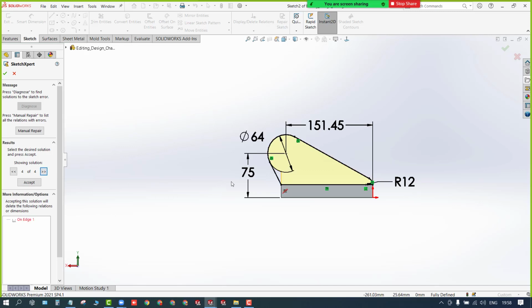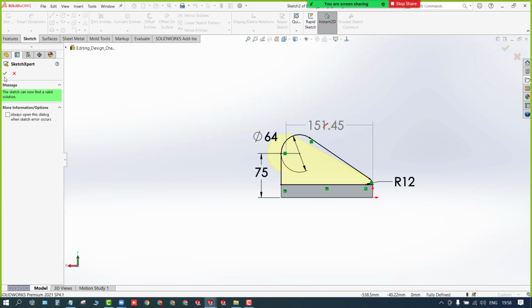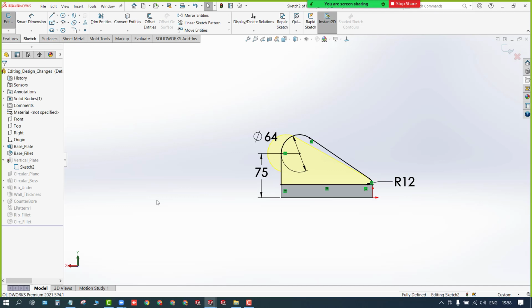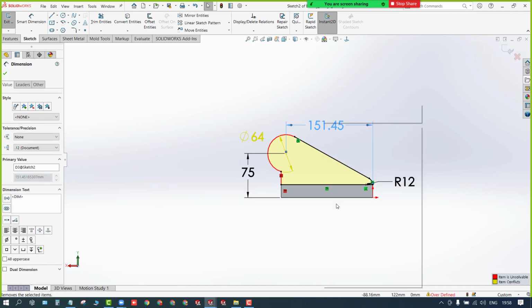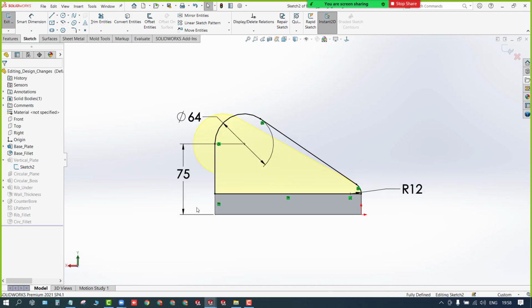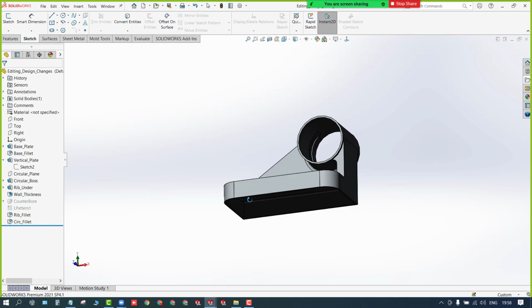And finally it shows this one you can remove, you can get the shape, but this is also not the result. So this is the one which we are expecting, right? Yes. Accepted, green check. Otherwise the best way is simply right click on it, delete it, that's all. Okay, that's done now.